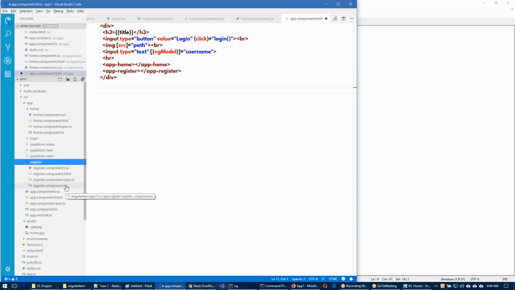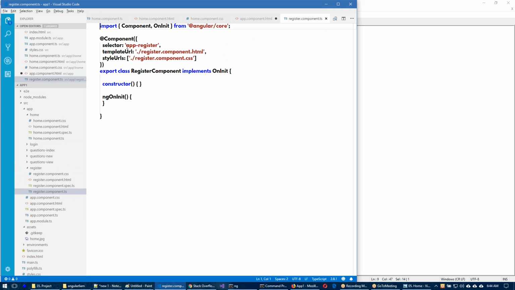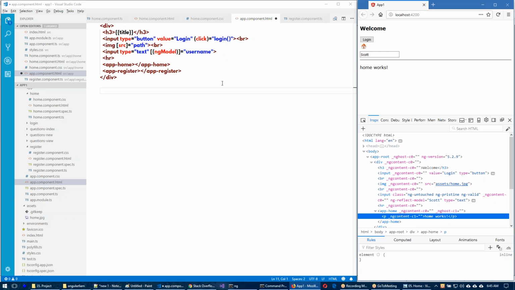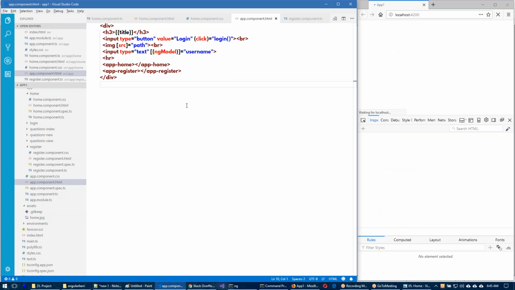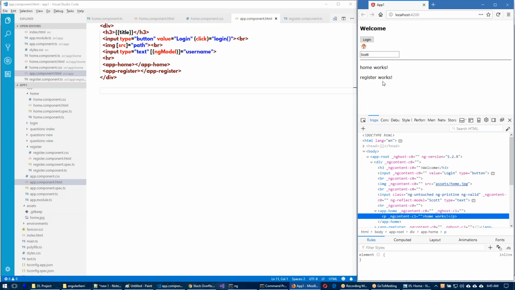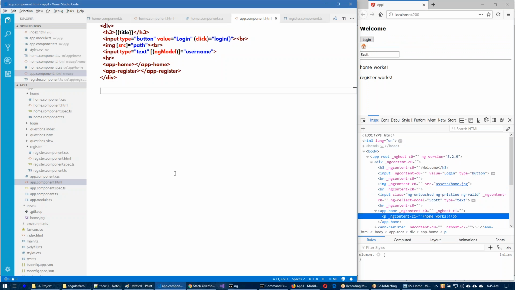There you have the registered component.ts file. There definitely the selector we can see. And of course, you can change it if you don't like it. So once we save this, automatically it will refresh. The moment you save the code in this file, automatically it will refresh. Okay, and so on. We can continue the remaining.